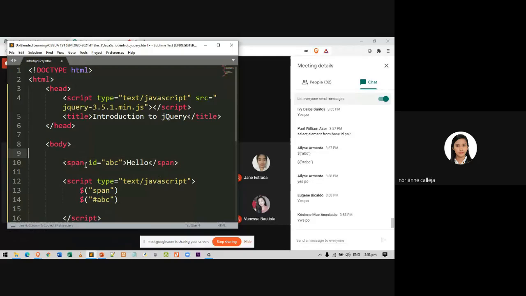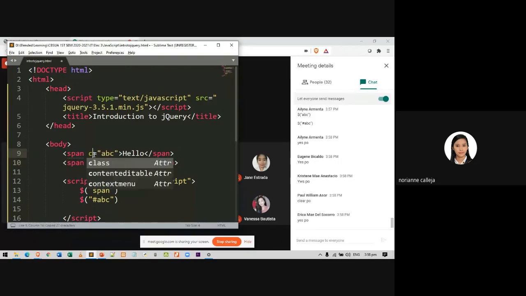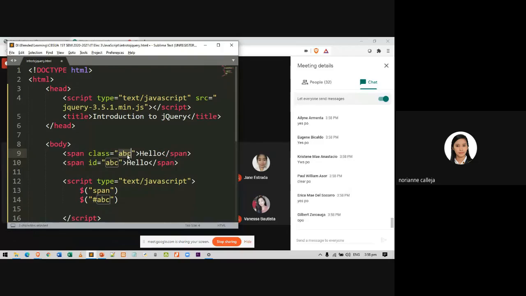Yes. How about this? Selecting this using class. Any guess on how to select this element using a class selector? Am I still heard? Are you still there?